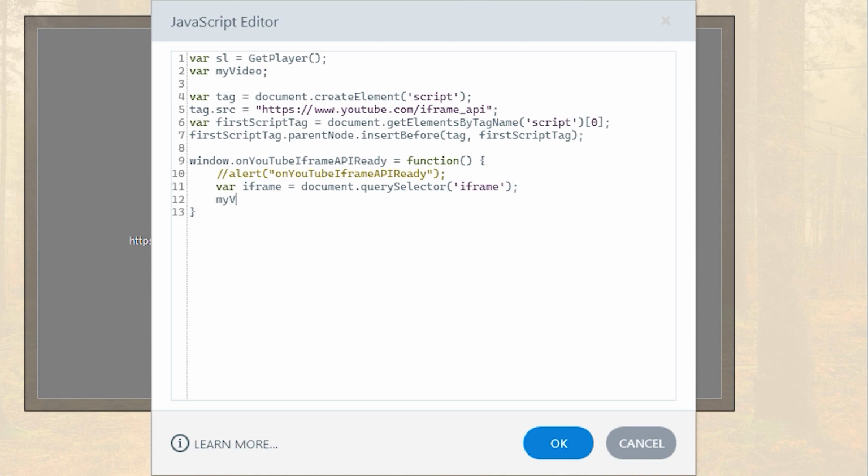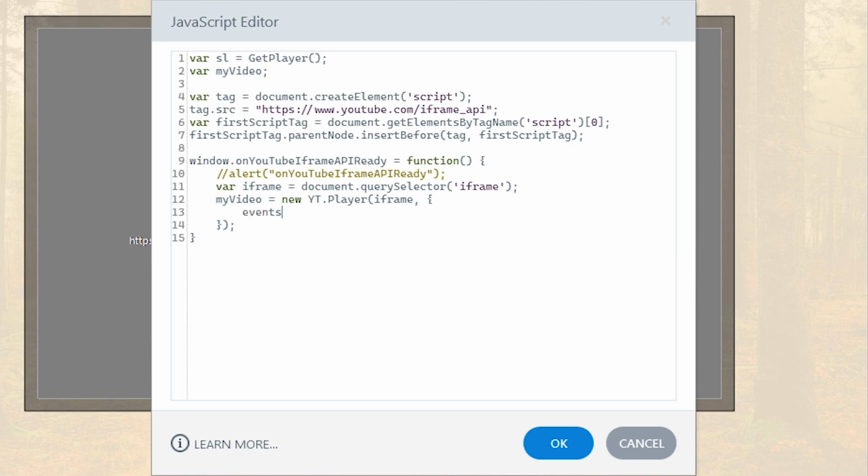And then myVideo equals new YT.Player and then open parentheses, iframe, comma, and a curly brace. And this tells the API that the player I want to use is the web object that we created in Storyline.